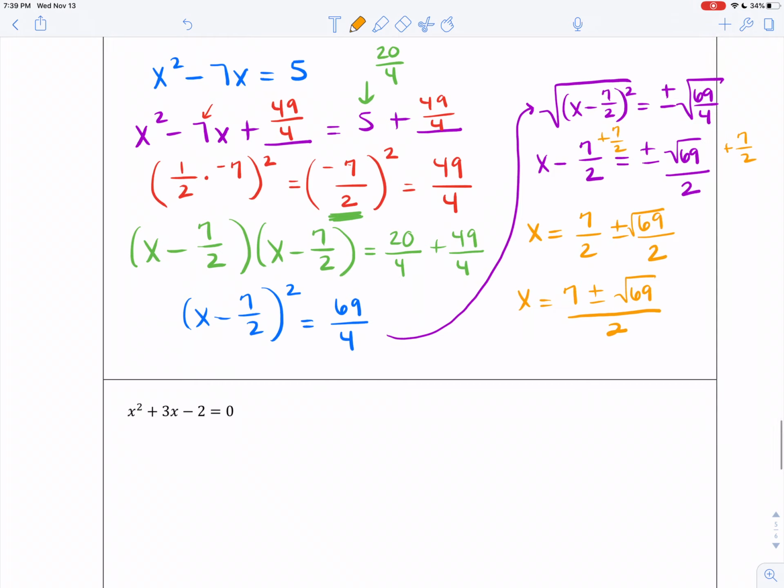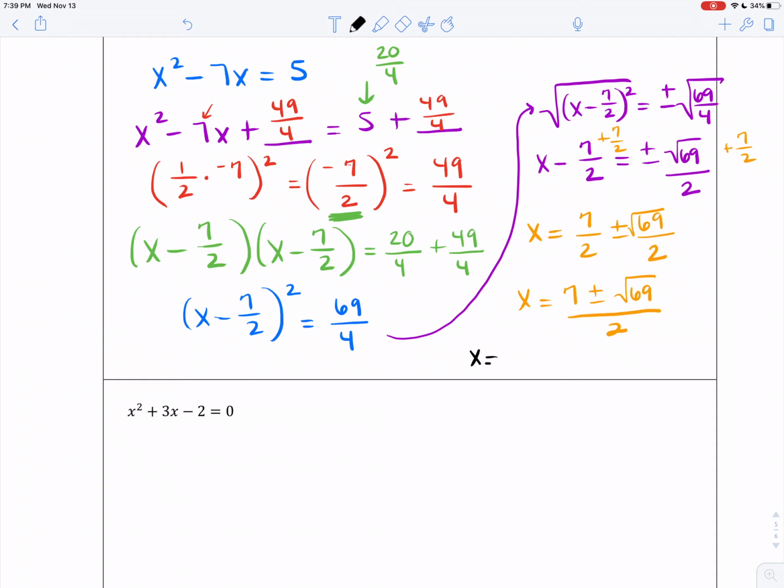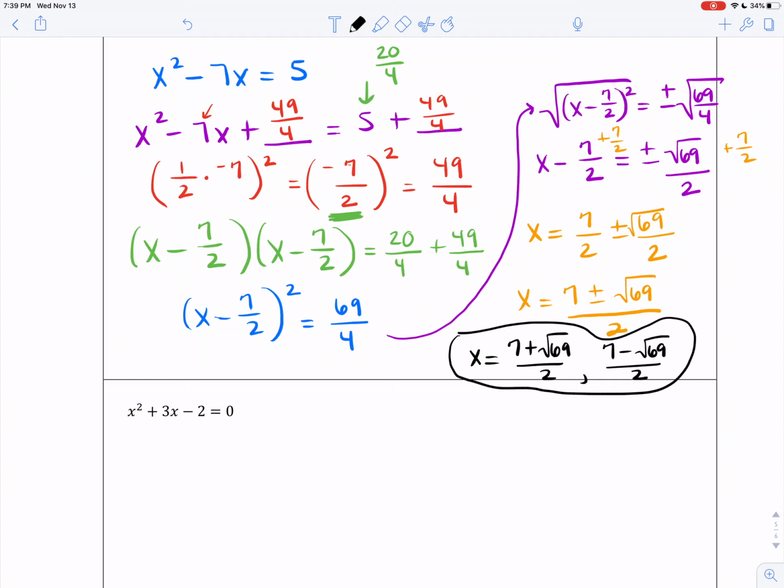So if I need to write this as two separate solutions, with the plus, I would have 7 plus the square root of 69 over 2. And then with the minus, I would have 7 minus the square root of 69 over 2. And as far as I could go, I can't simplify anymore, these would be the two solutions